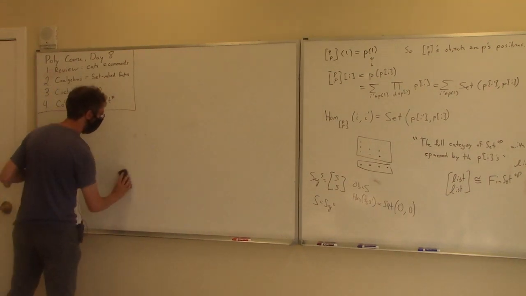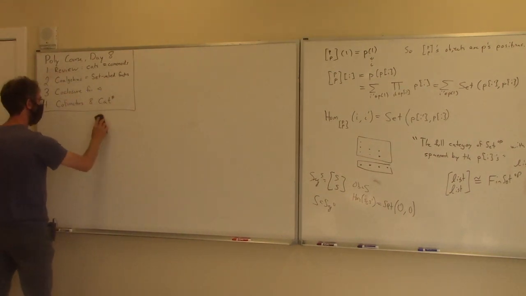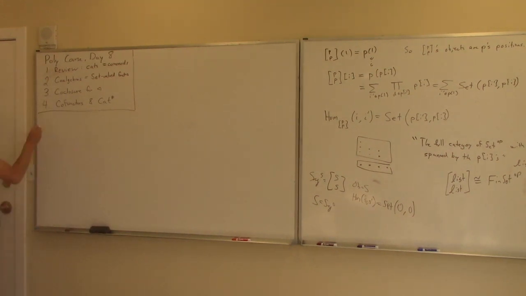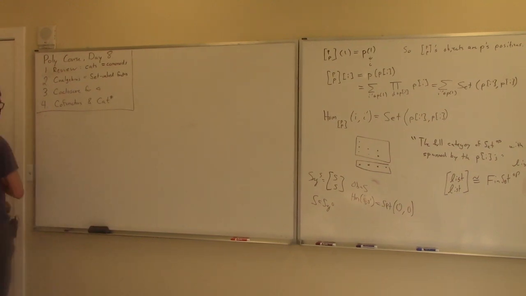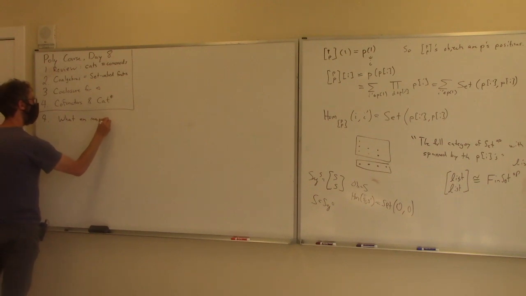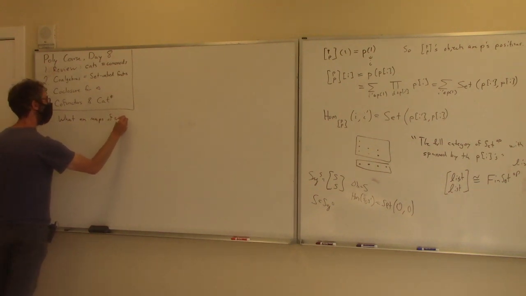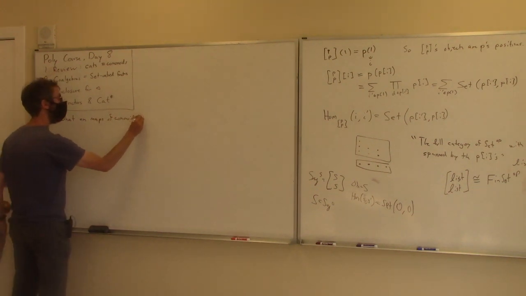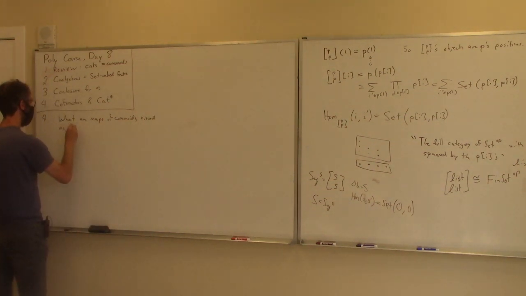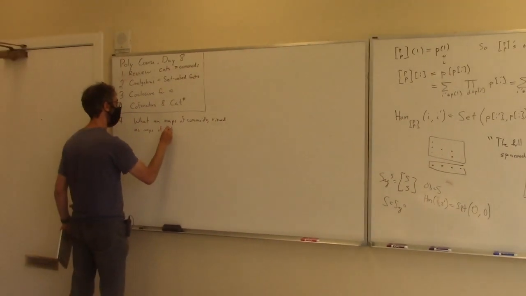So a cofunctor is a weird thing. It is not a contravariant functor. It's not a certain kind of functor. It is a map of comonoids. So let's just, number 4, what are maps of comonoids viewed as maps of categories? So remember,